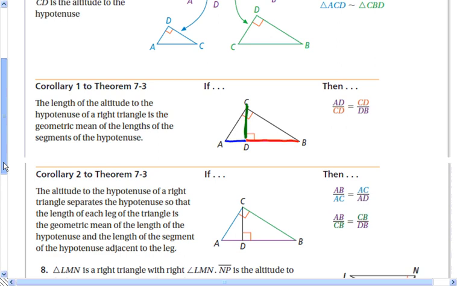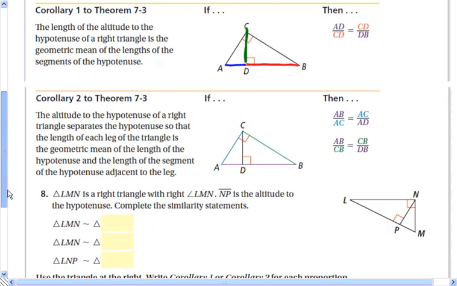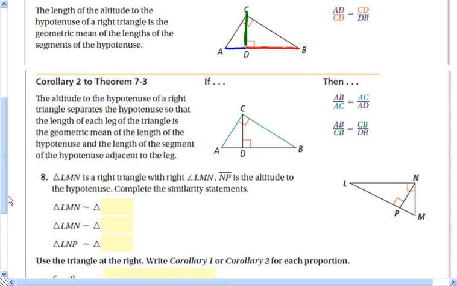All right, and also corollary 2 to 7.3: the altitude of the hypotenuse of a right triangle separates the hypotenuse so that the length of each leg of the triangle is the geometric mean of the length of the hypotenuse and the length of the segment of the hypotenuse adjacent to the leg. So if we look at this little triangle here, the hypotenuse of this little triangle is AC, and that AC is the geometric mean of